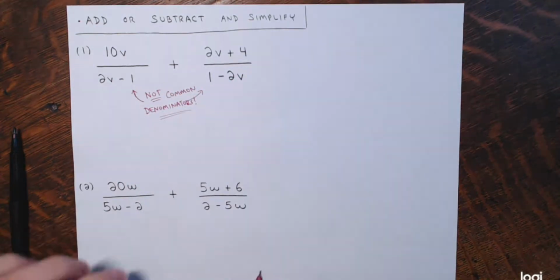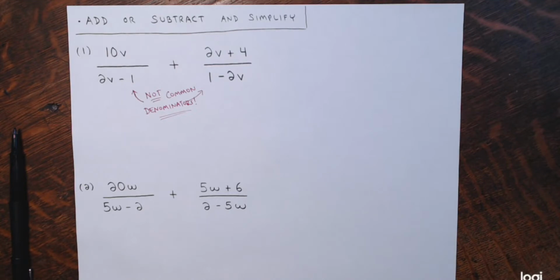And that's not good. When you add or subtract fractions, in order to be able to add, the denominators need to be the same. And that's only for addition and subtraction. I hope you understand that. When you multiply or divide fractions, you don't need the denominators to be the same. It's just when adding and subtracting. Well, right now they're not the same, but